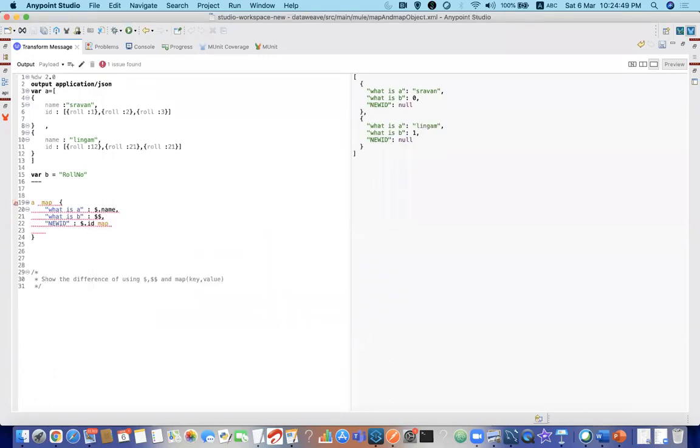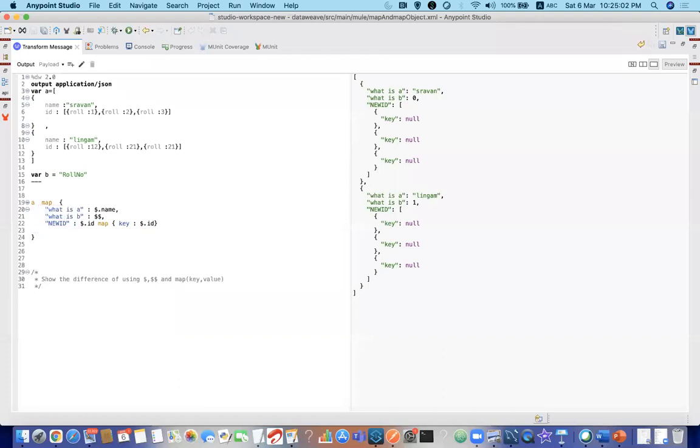I'll do this map, dot role. Okay, I have these values.